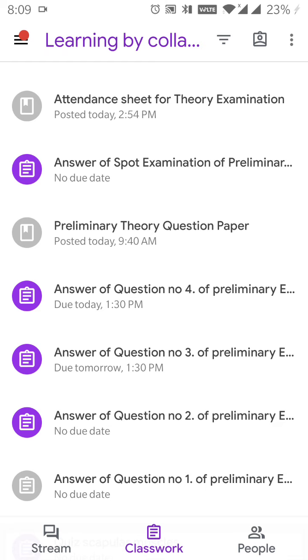Here you can see the notebook icon which shows the attendance sheet for theory examination. Similarly, once I upload it, it will show you preliminary theory examination.